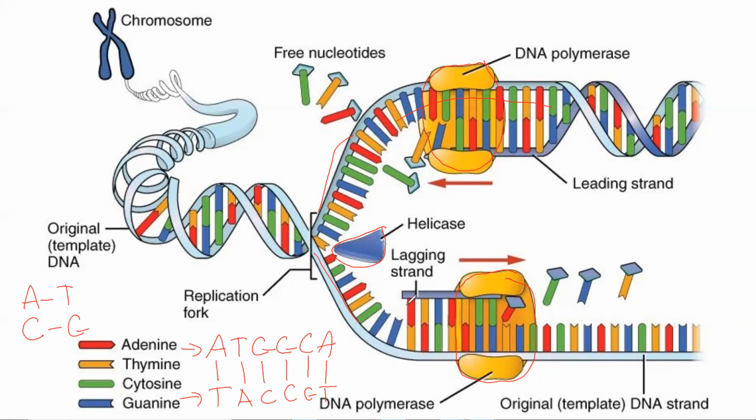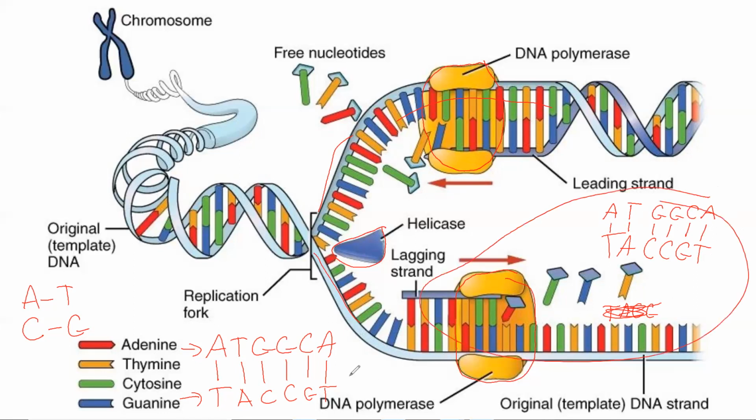And the same would be true for down here, because maybe the original parent strand down here was TACCGT, but the complement strand to that one would be ATGGCA. Okay, so that's the strand that would be being made down here, and then this one would correspond to the one up top. It's important that you can produce a complementary strand of DNA using these bonding rules right here,